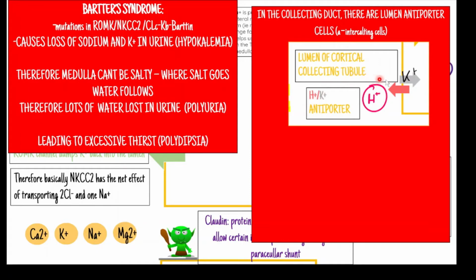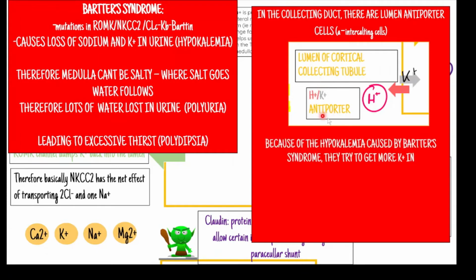So it takes K+ in, and in order to do that, it needs to sign a pact with the devil. The pact with the devil is that in order to get K+ in, you have to dump H+ out. You can see why this is a problem here, because we've said this leads to K+ being dumped in the urine. So your body senses this hypokalemia, which is caused by Bartter syndrome,